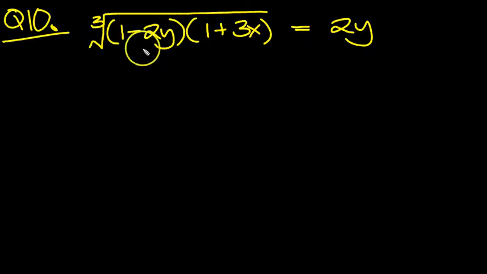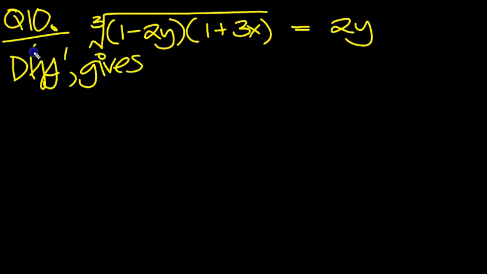Cube roots of this stuff here, 1 minus 2y bracket times bracket 1 plus 3x, all equals 2y. So we've got this then. So it's power third, isn't it? So let's differentiate then. So differentiating gives. So power third, simple power rule. The third, if I can write it properly,